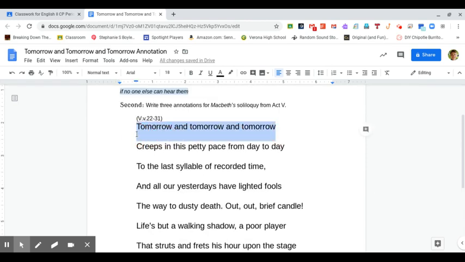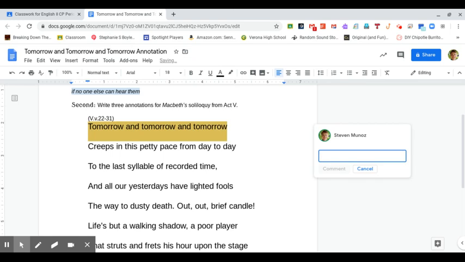So "tomorrow and tomorrow and tomorrow," this is an example of repetition, right? The author is using a repeated word to prove a point. So why is repetition used here? This is what I'm looking for in the annotation. You identify the piece of figurative language, you identify the literary device, and you explain why it's used. So the repetition, Shakespeare